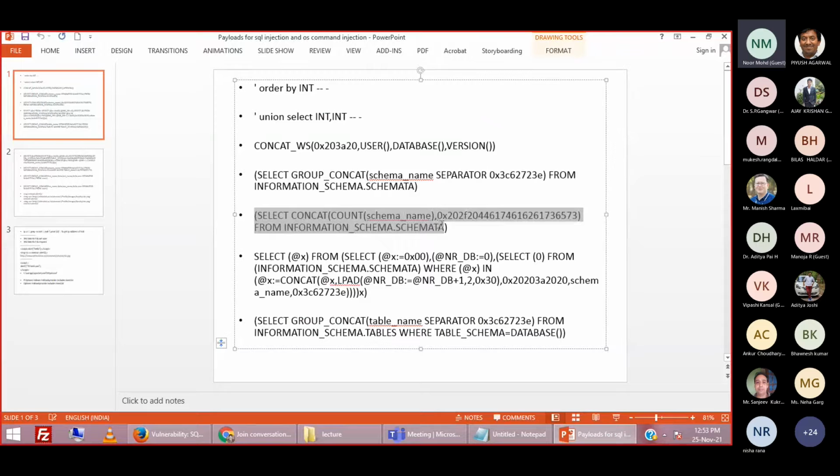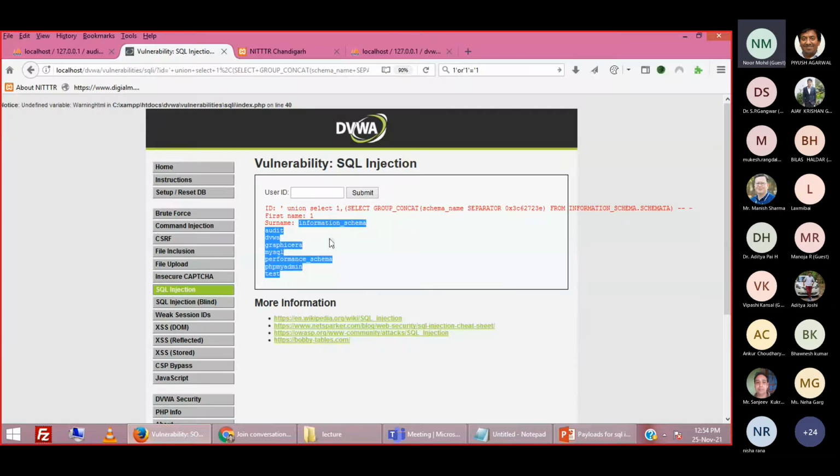Suppose you have just hacked a web server, and you came to know there are several databases, right? To know what jackpot you got, you may want to count how many databases there are.